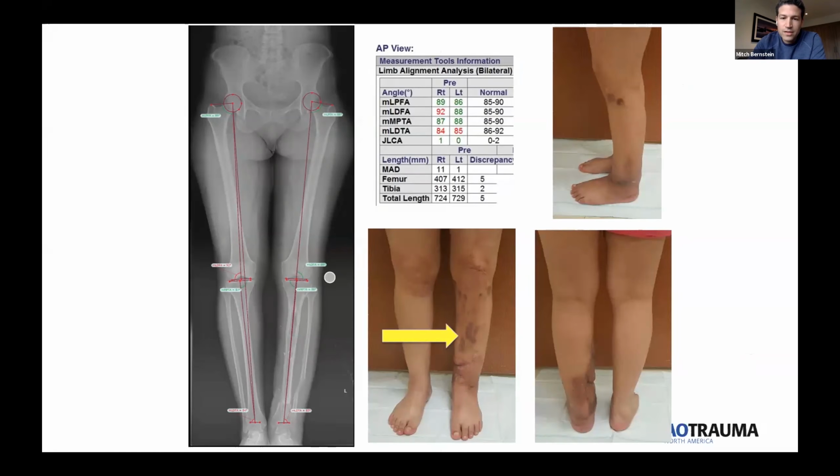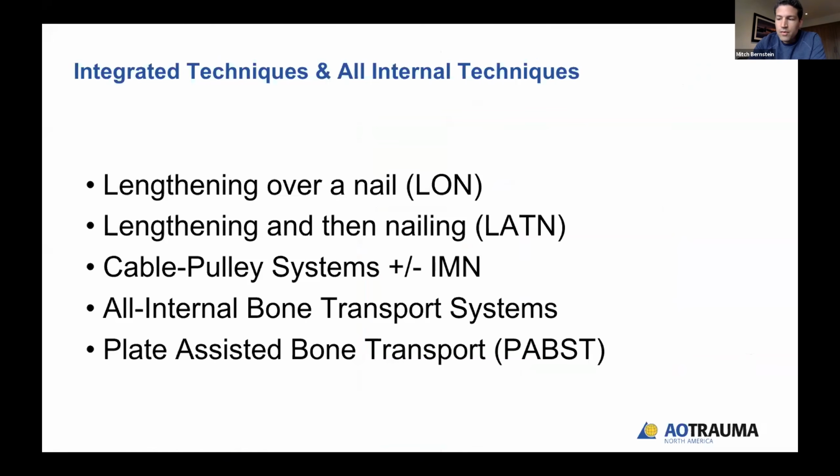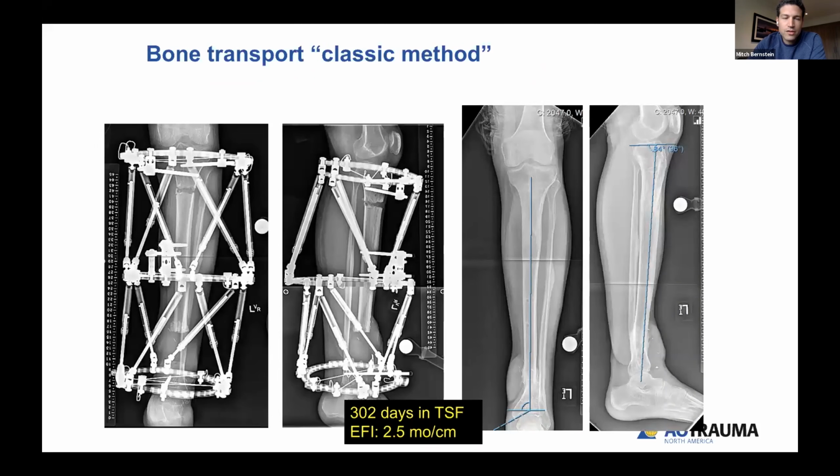These are external fixators. So over time and currently we're moving towards what's called integrated techniques, which are techniques that combine external and internal fixation. And then of course, most recently, all internal techniques. So these are just examples of integrated techniques and all internal techniques of dealing with massive bone loss. So this is just an example again of a double stacked bifocal transport using a hexapod. And on the bottom, you can see the,